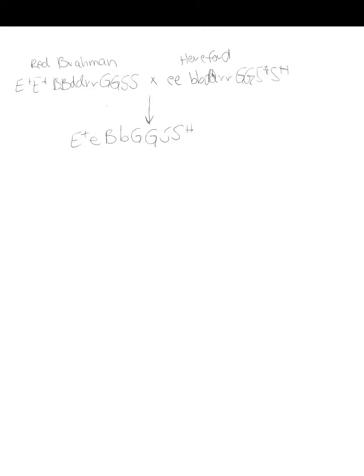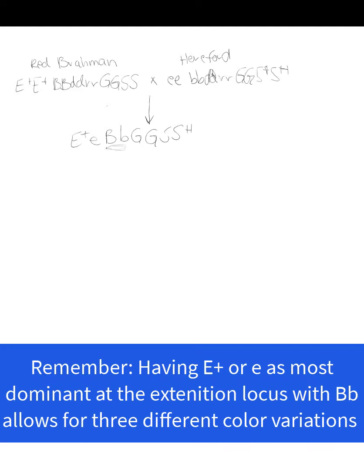So thinking back to our slideshow presentation, remember whenever we're heterozygote, big B, little b, and E plus is our most dominant, we're going to get 3 different possible colorations. So for this one, we could either have some red brindle, and then we have to add with a bald face because of this SH. So with a bald face, and then some are chocolate with a bald face,